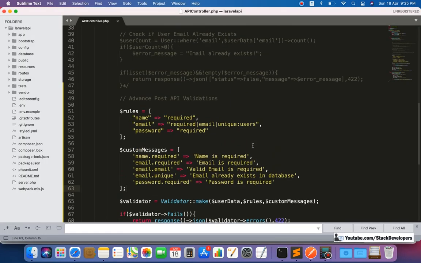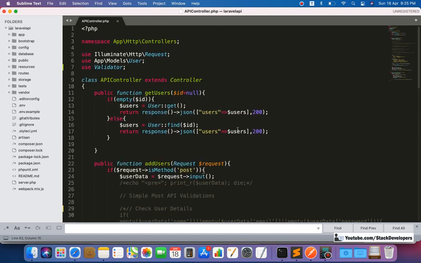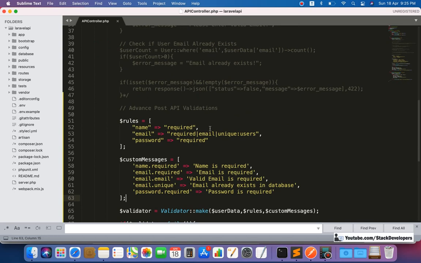Okay, so you can add this kind of rules, these kind of API validations at your end. Okay, you can use the validator class at the top, and you can add more validations from your end. Like you only require characters in name. Okay, so you can try this one. You can search on the internet what kind of rules and custom messages you can add, more custom messages you can add, or you can check in the e-commerce series as well.